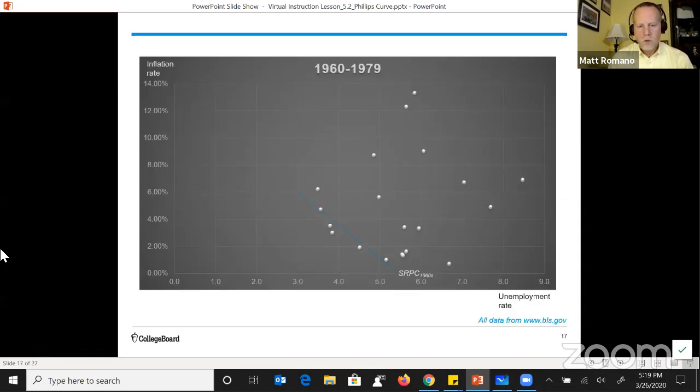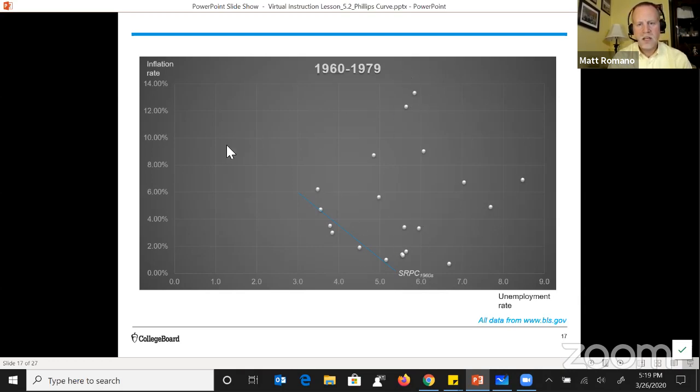So looking at it another way, here's the 1960s, that nice, smooth, negative slope. And this is not mathematically calculated, but a very rudimentary best fit line there to indicate some form of regression analysis. A negatively sloped short run Phillips curve for the 1960s, but then this odd constellation out here